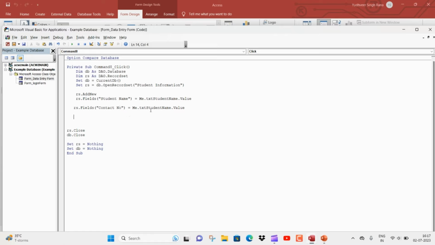And me means current form, me dot txt, and you can even write the form name as well, but that is a bit longer, so that is why I kept it. Since I'm working on the current form, I can put me dot student contact dot value. Okay, and